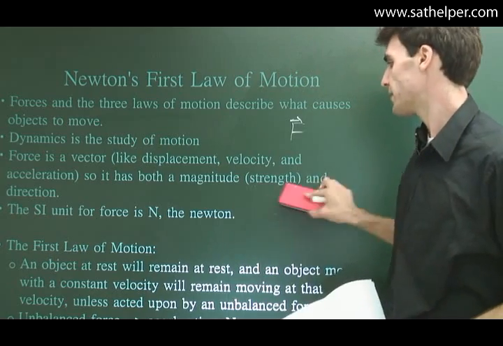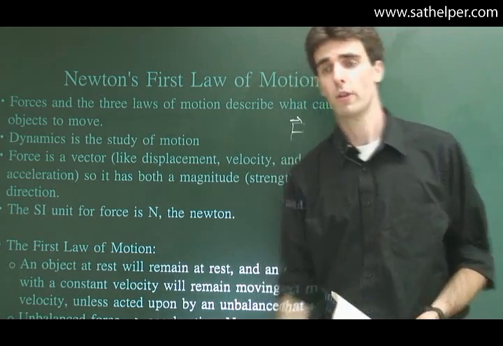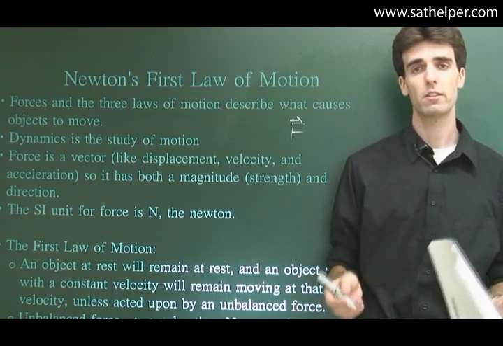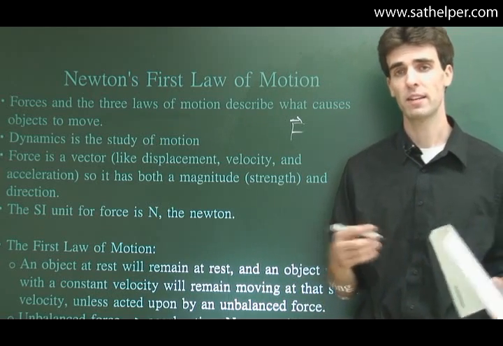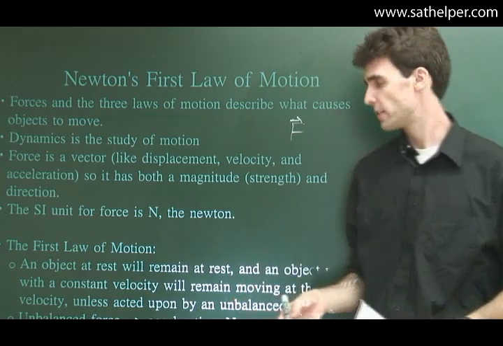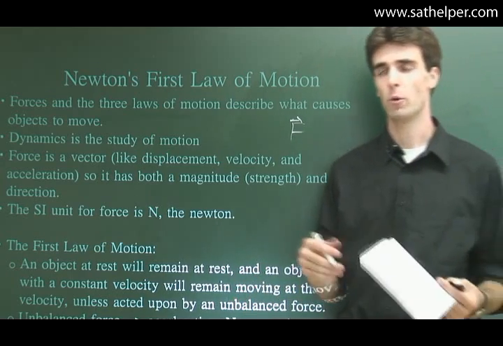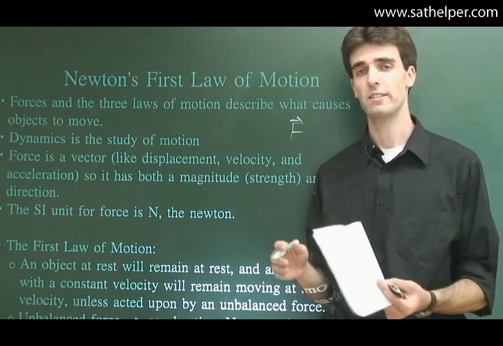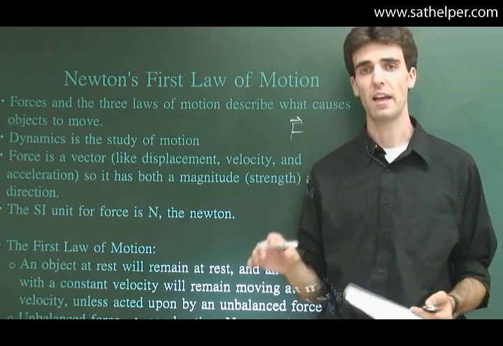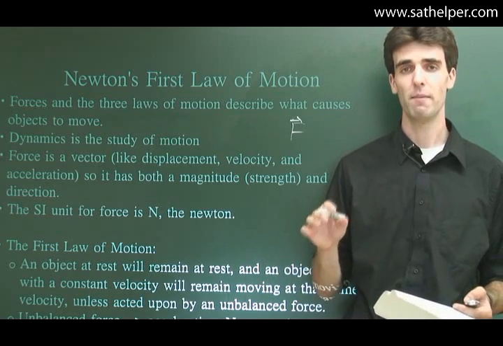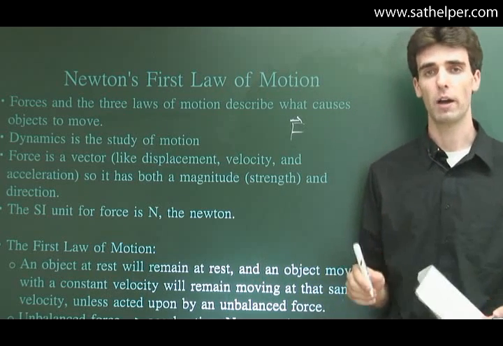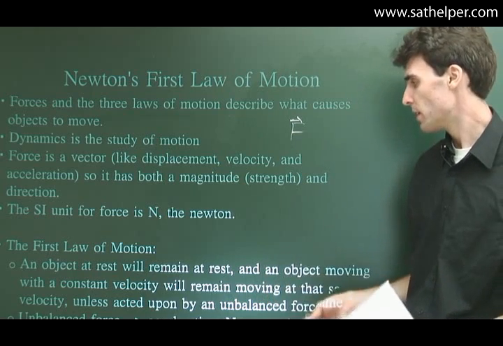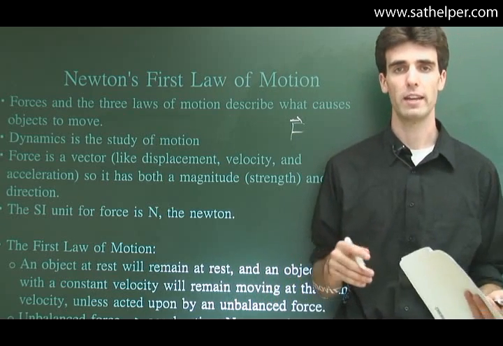That brings us to the first law of motion, which is that an object at rest will tend to remain at rest, and an object with a constant velocity will tend to maintain that constant velocity. You could say that more condensed: an object with a certain velocity will tend to maintain that certain velocity unless an unbalanced force acts upon it. This even counts if the velocity is 0. Basically, it just says that objects have a natural tendency